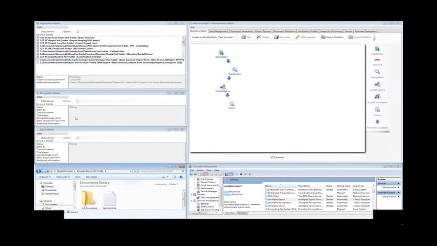So that's another variable to watch there. But per page, you typically get on the modern equipment about 2 pages per second process. Now, it ran already through the registration, through the recognition. It took merely seconds, as you saw, and it now is waiting for the next step, which is a simple